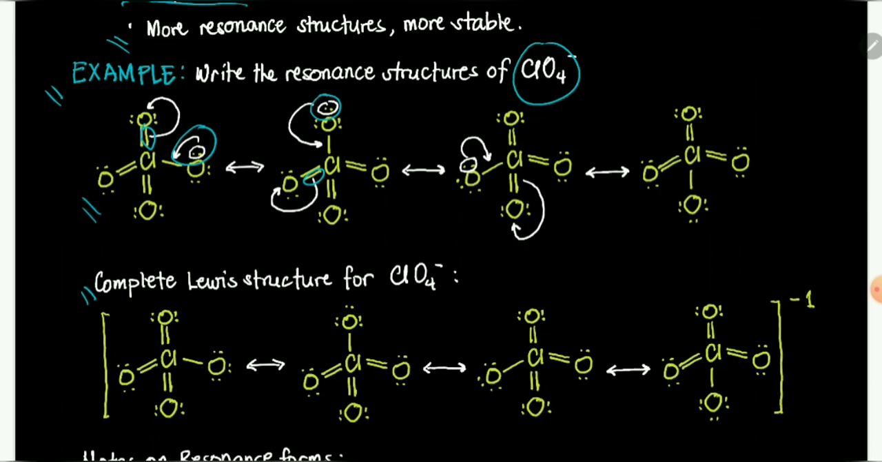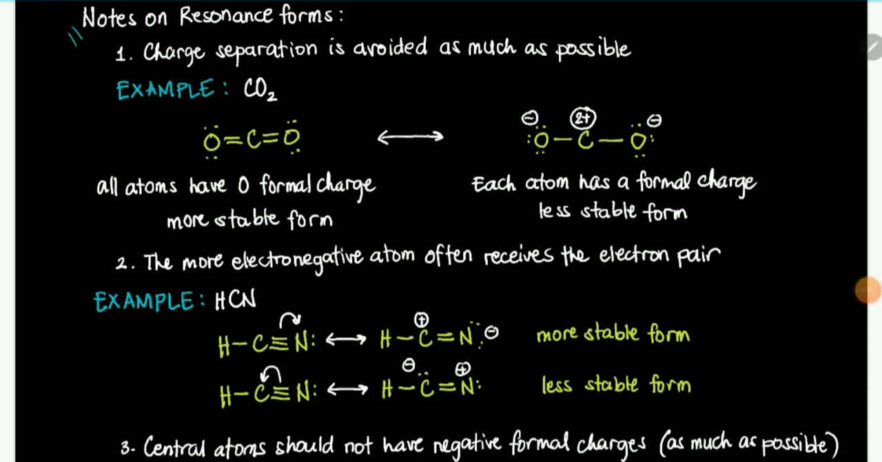So, the complete Lewis structure is such that nag-iiba-iba lang, okay, yung position ng ating oxygen na may formal charge na negative 1. Okay? So, here we have some notes on resonance forms. So, for number 1, charge separation is avoided as much as possible. So, for example, we have CO2. Okay? We have a resonance form or a structure here wherein yung oxygens at carbons nyo ay 0 yung formal